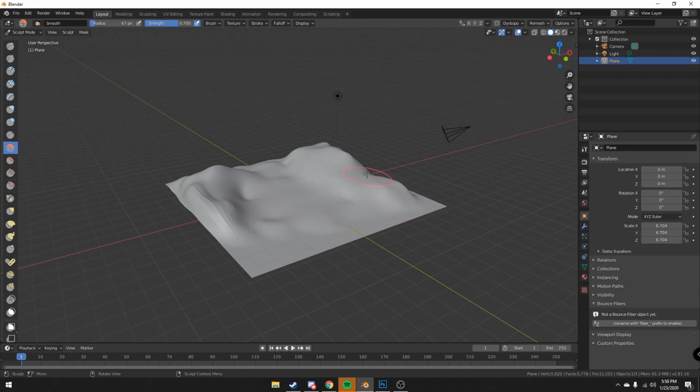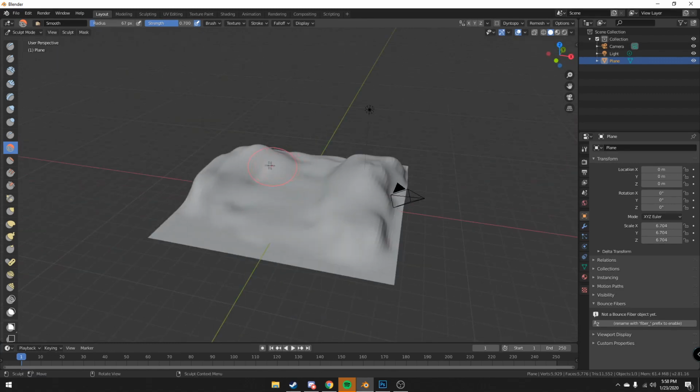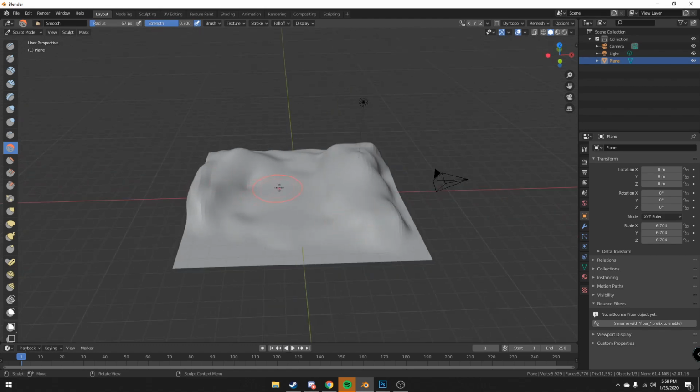And then the next thing I'm going to do is add the ground texture to this. Now the ground texture isn't really going to be seen, but whenever you're making a nature scene, doesn't matter what it is, you always need a ground texture because it fills in the gaps between your plants and grass and flowers or whatever you have as your main grass, I guess. And if you don't have a ground texture, you're just going to see white through it